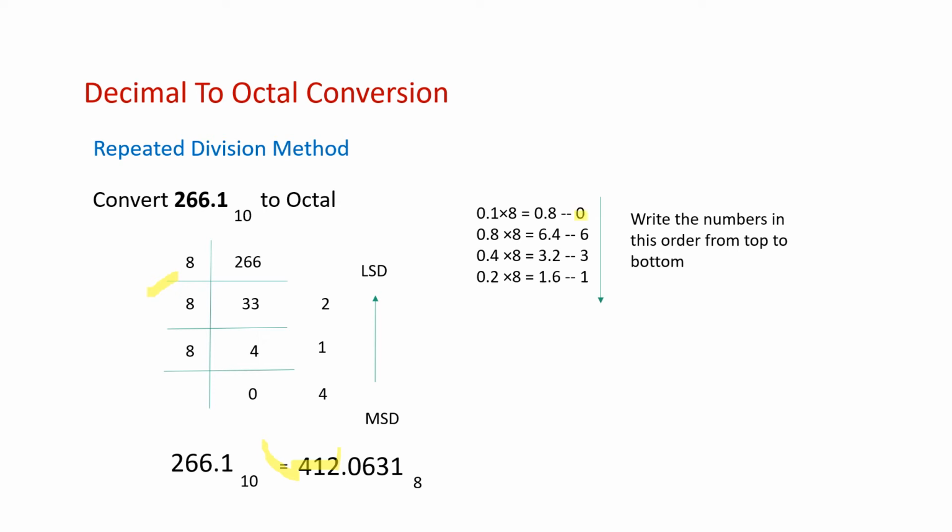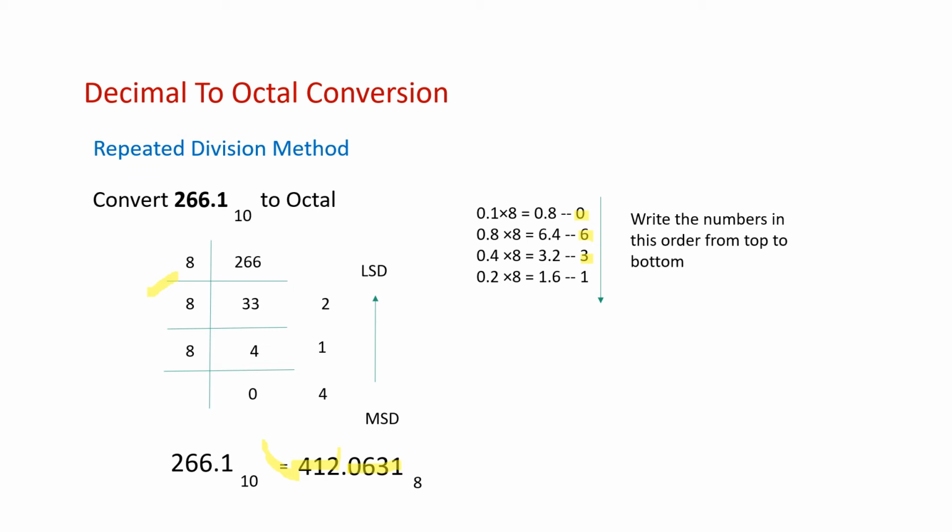We are going to save the integer portion, which is 0, and take the portion after the point, which is 0.8, and multiply again by 8. We are getting 6.4, and we are saving the integer part as 6 and taking again the fractional part, which is 0.4, and multiplying again by 8. We're getting the result 3.2, and we're going to save 3. So this way we're going to continuously multiply by 8, and we're going to take only the integer portion of it to represent the equivalent of the number.